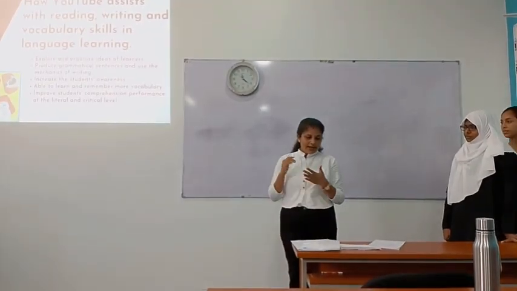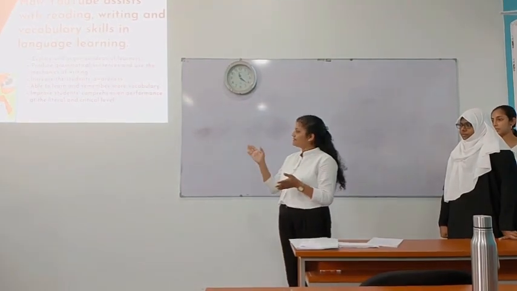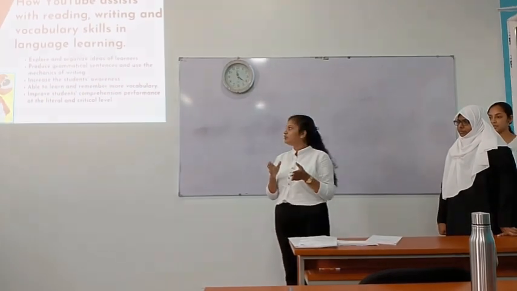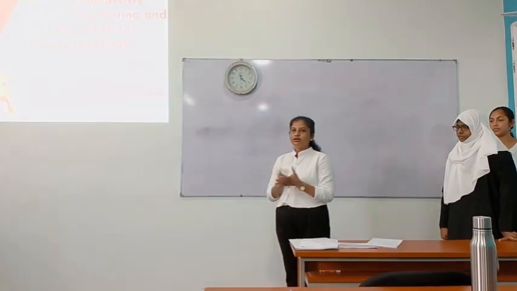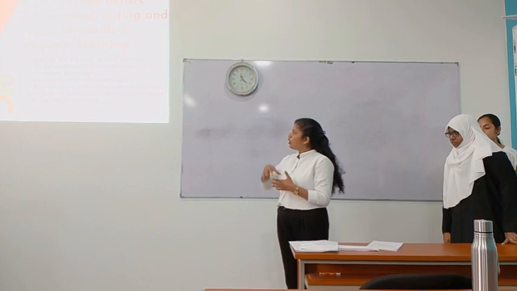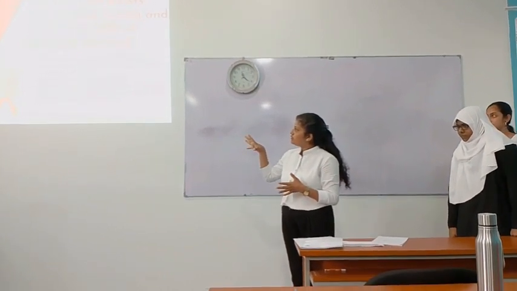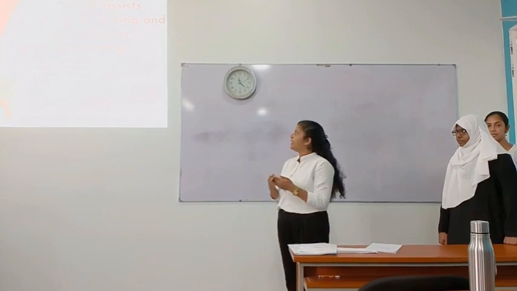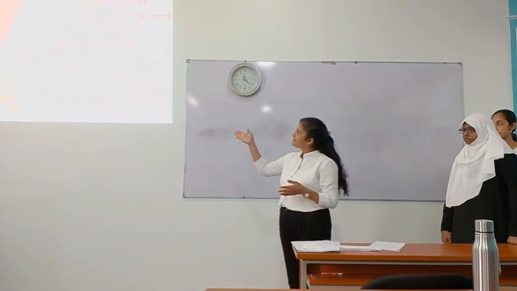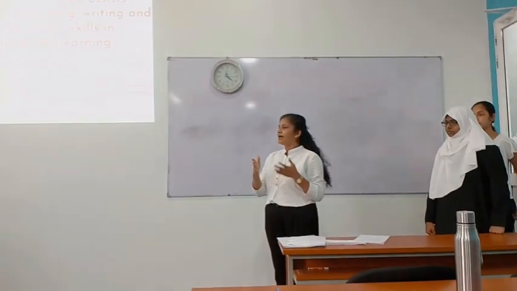And then as inference strategy, linking words, phrases and clauses help them to improve their critical level of comprehension. Overall, with using these 5 points, they can improve their reading skills and writing skills and